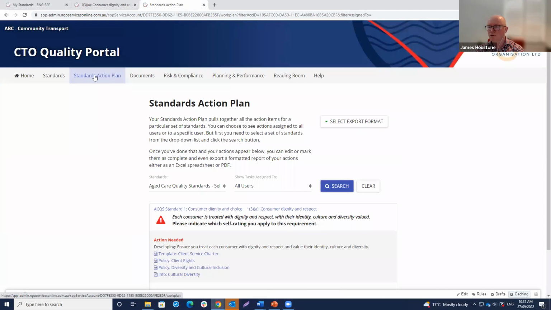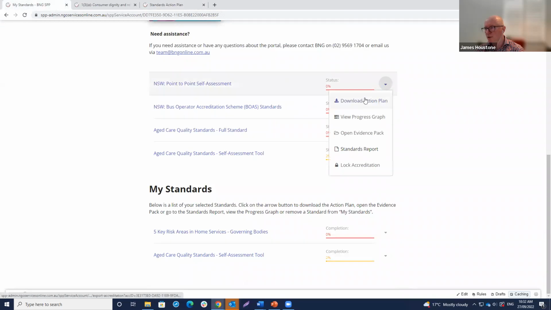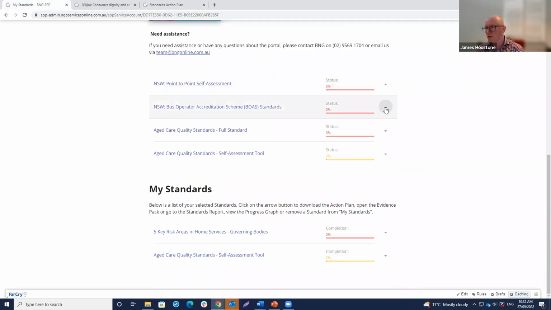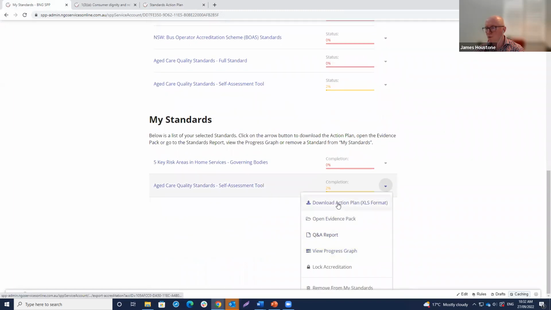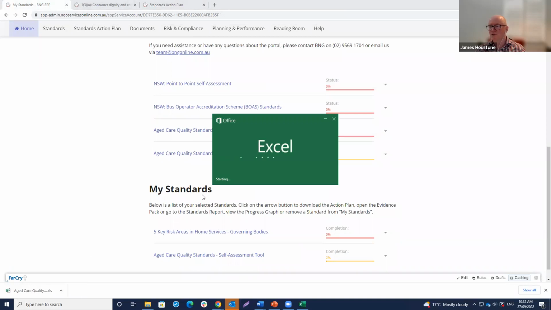But I also wanted to remind everyone who's familiar with the portal, for each set of standards, it has its own drop-down menu to the right-hand side of the progress bar. So you can download the action plan for any set of standards. Here from our homepage, we could download our action plan for the aged care quality standards self-assessment tool.